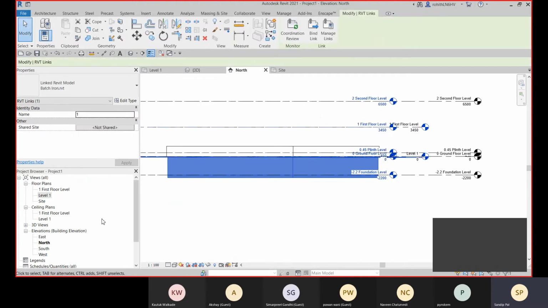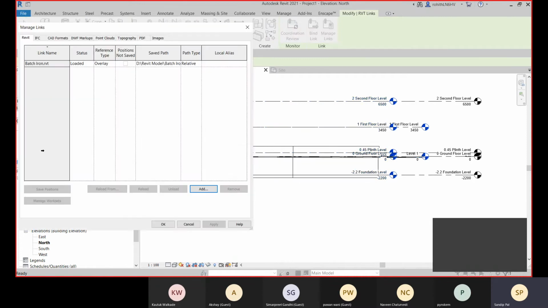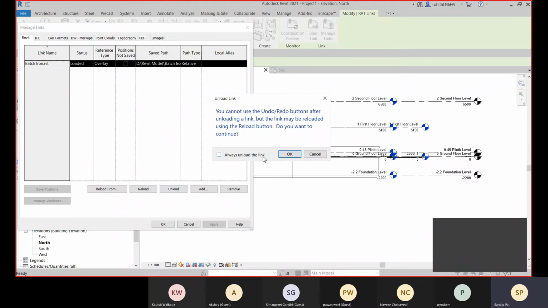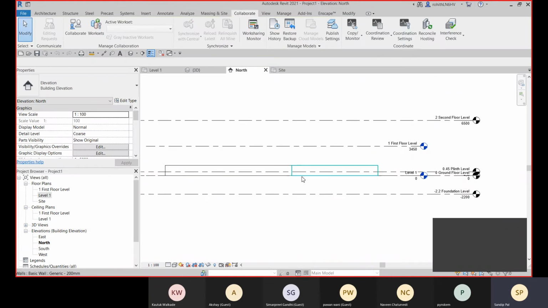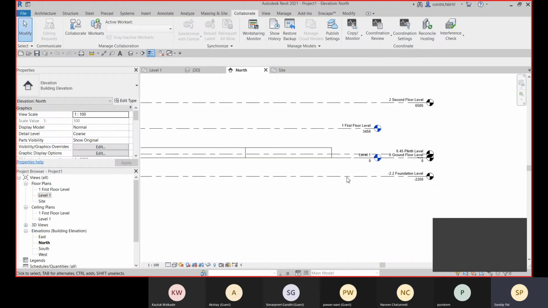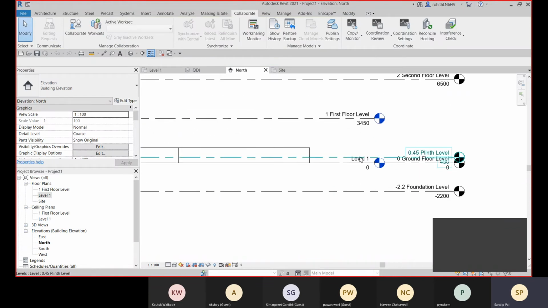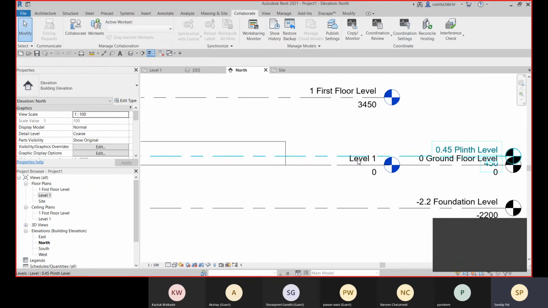Now let me show you by hiding this link file. Go to Manage Links and select this link file, and now let me click on unload and click OK. Okay, and you can see the file is hidden right now, and this is level 1.